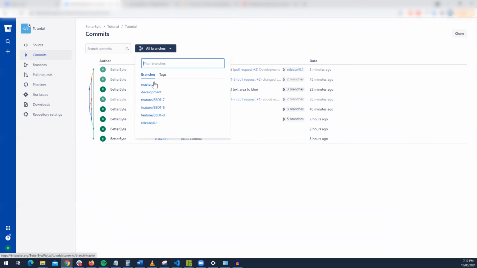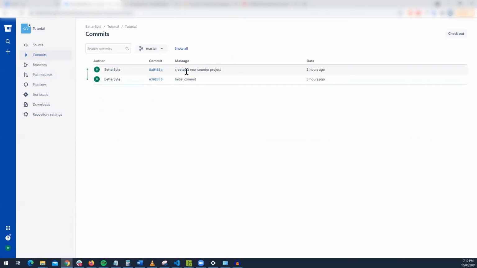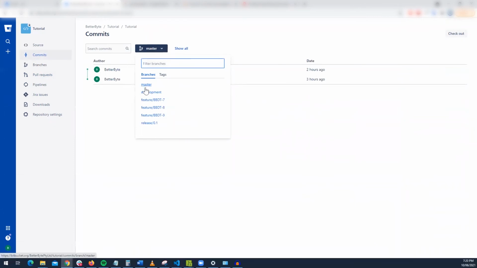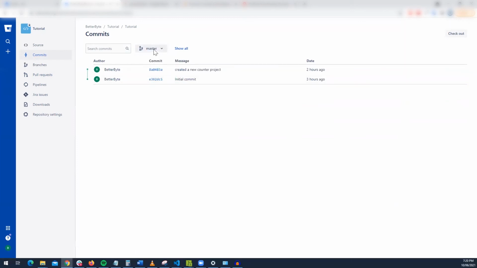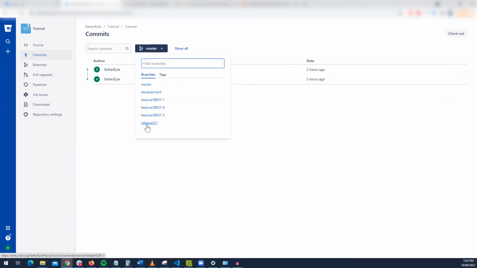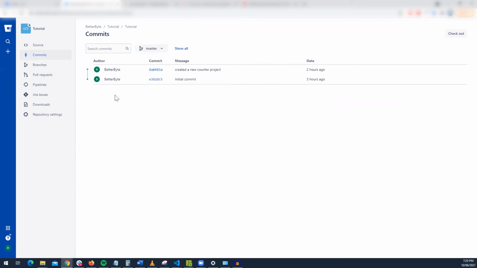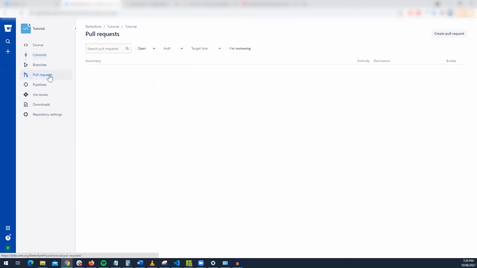So if you go, for example, to master. Oh, actually, sorry. The master itself doesn't have the up-to-date code. So what you'll probably need to do, because the release has the latest version of development, but the master doesn't have the latest of development, is you probably have to do